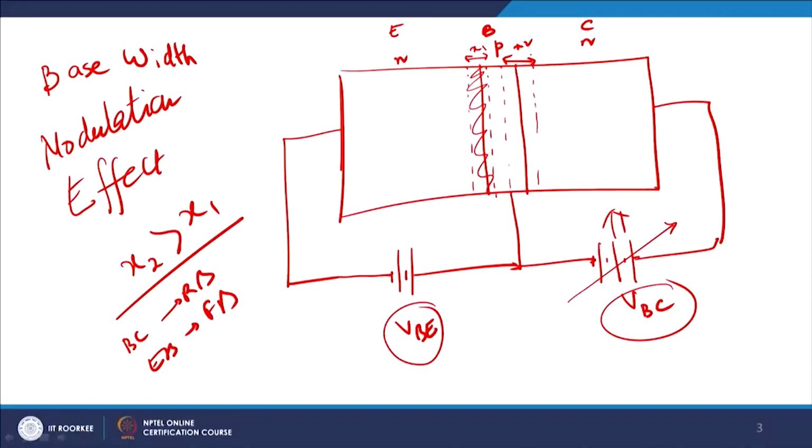With this knowledge, let us do one thing, let us fix VBE, and increase the value of VBC. You go on increasing the value of VBC. As you go on increasing the value of VBC, this depletion width will go on increasing, because you know very well that in a PN junction diode, if you increase the reverse bias, the depletion width becomes larger and larger. So, the depletion width will become larger and larger, and x2 will become still further more and more. When x2 becomes more and more,